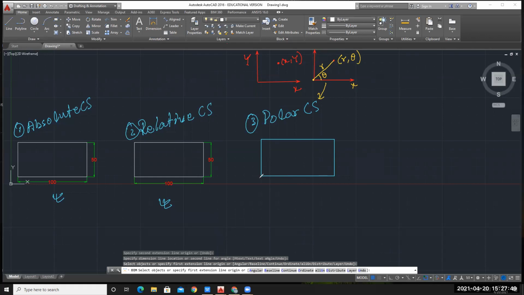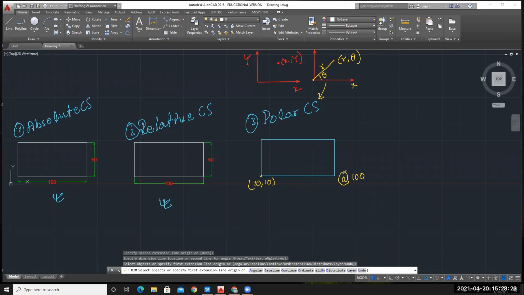Now, suppose you have started with that same value, 10 comma 10. Initially you have to give some value, so let us keep it at 10 comma 10. Now, what is the distance? What is the value of this length? 100. So what I will write, at the rate 100, the distance I have to travel, and what is the angle of this line with x-axis?